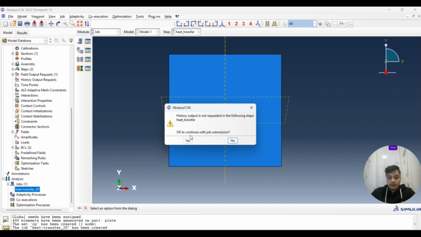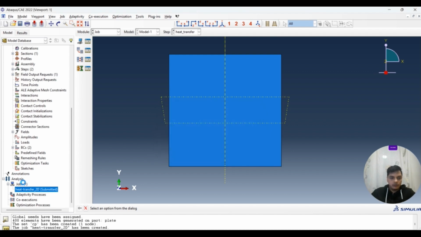Now it is also asking for the history output, but that doesn't matter for us because we will be looking for the field output, and we have already defined our center point. So it's the easy one, so as to understand the different parts of it, I mean the different heat flux, nodal temperature gradient. It's not going to take a lot of time. It's going to be very fast.